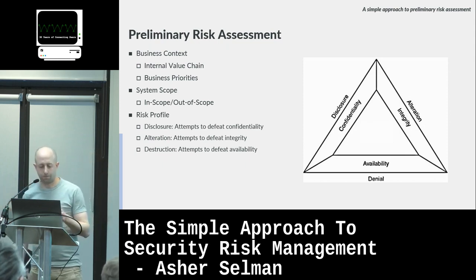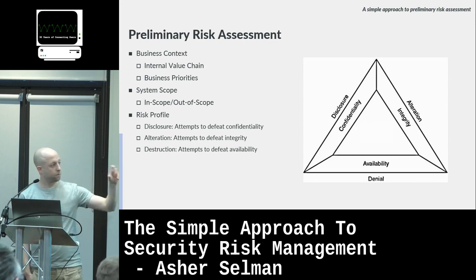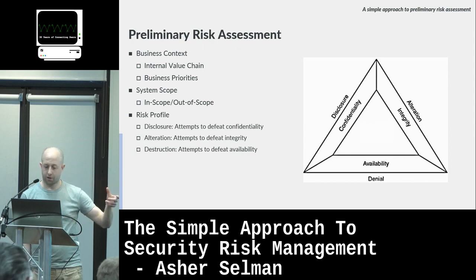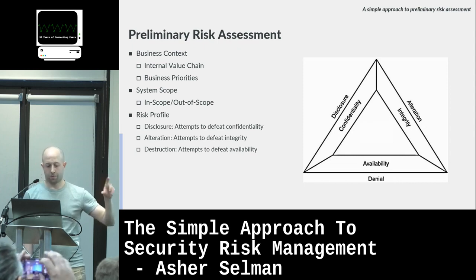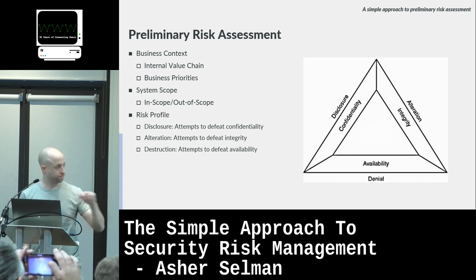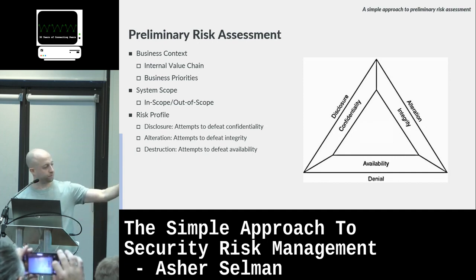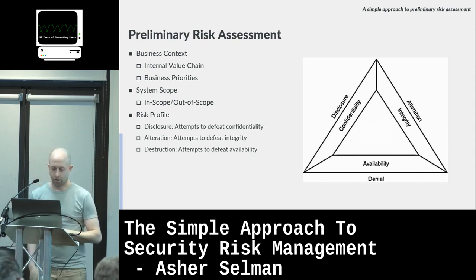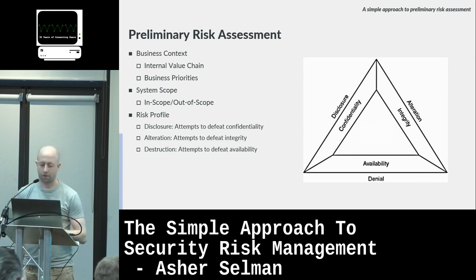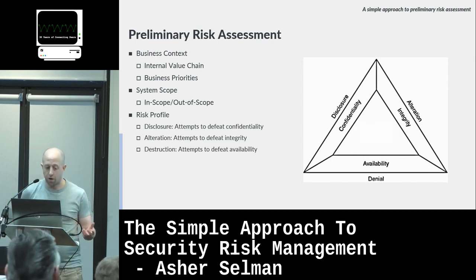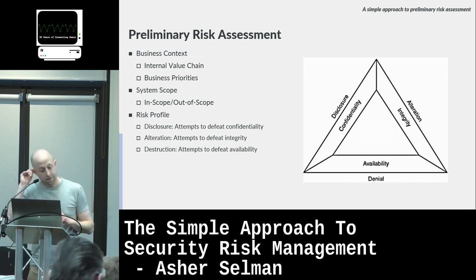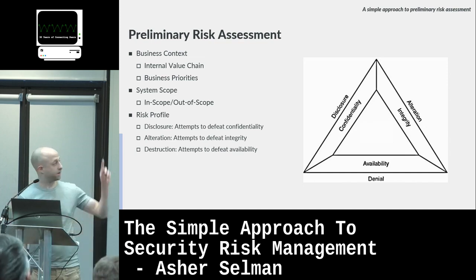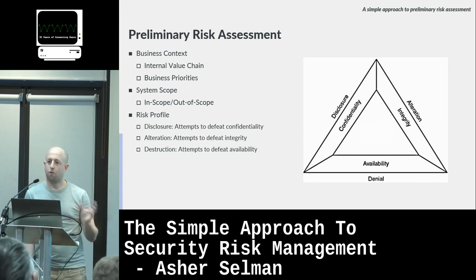And risk profile. What I was advised was to look at this triangle, which inverts the CIA triad into a very simple risk profile. Usually risks can be based within that triangle, in terms of disclosure, alteration, and denial. Obviously, the deeper you go, the more context you can add. But without these three, you can't really do a risk assessment.